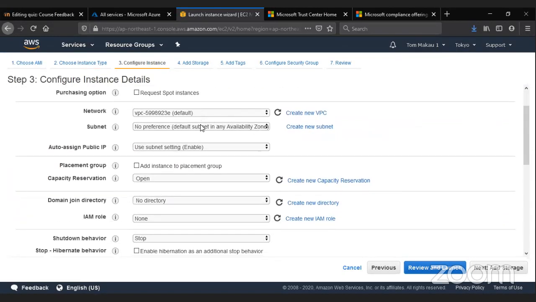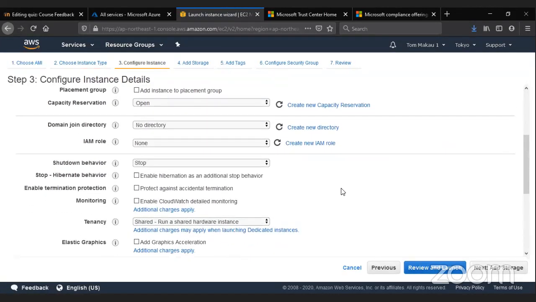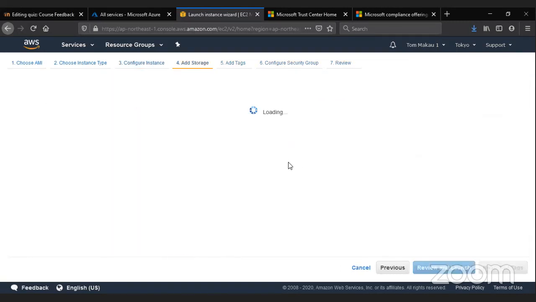Then network, you can create the network. You can create a new network, the same way we said you can create an entire network on the cloud. You can create a new one, or in this case, we just use the default for the example. And then many other configurations. And then we can go next.